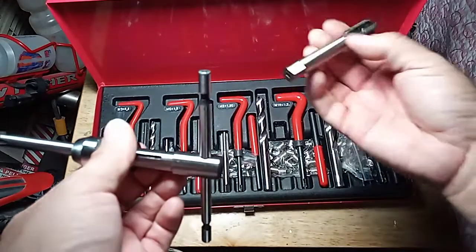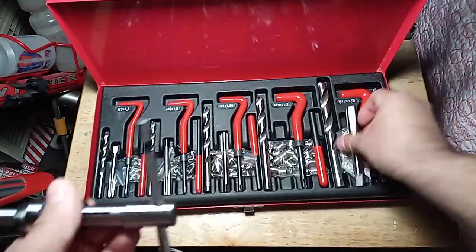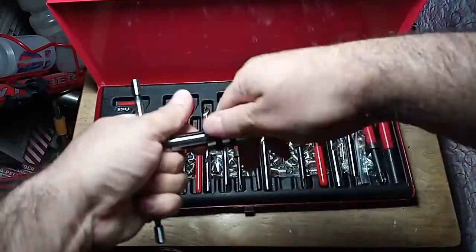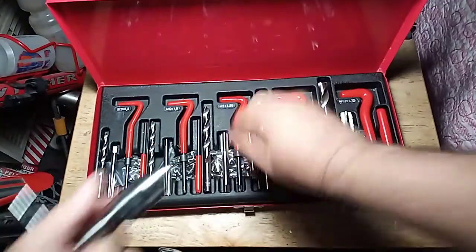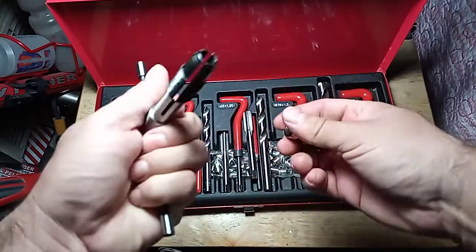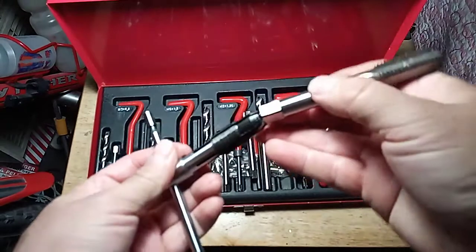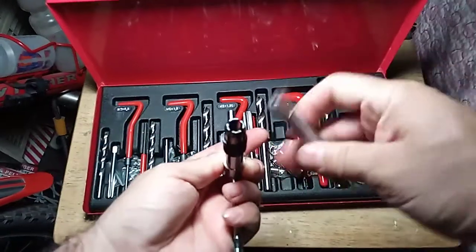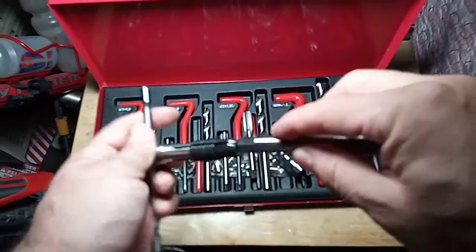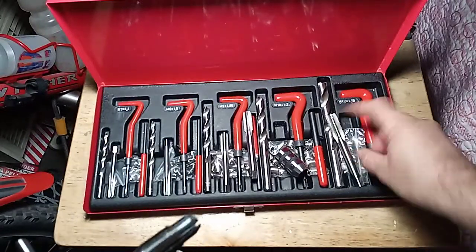So the only one that doesn't work is this one, the M12, because even though this says you can put it to half an inch, even if I take it all the way out, just to show you, this is the biggest one we got. The M12 will not fit in here. So you can see it's much bigger, and it should go up to half. I don't have a half an inch anything, but